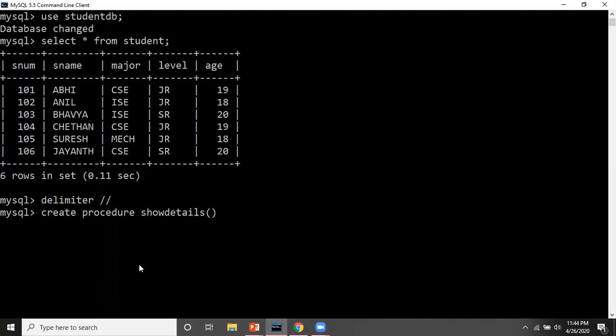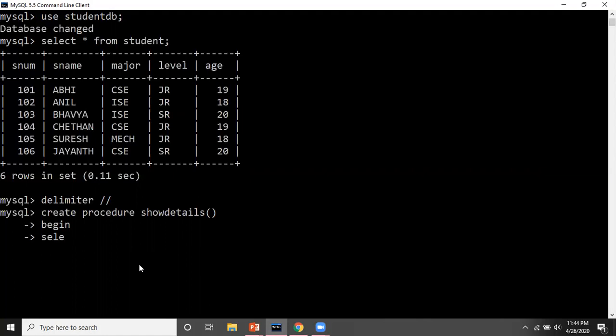If I use a parameter, I will write it inside these brackets. But for this procedure, I just want to show you the data. I just want to show you how a procedure will be created and how it will be called. So I'm not writing anything inside. Okay, now after this, my procedure should begin. So I'm writing begin. Now here I have to give the execution code, what I want this procedure to do.